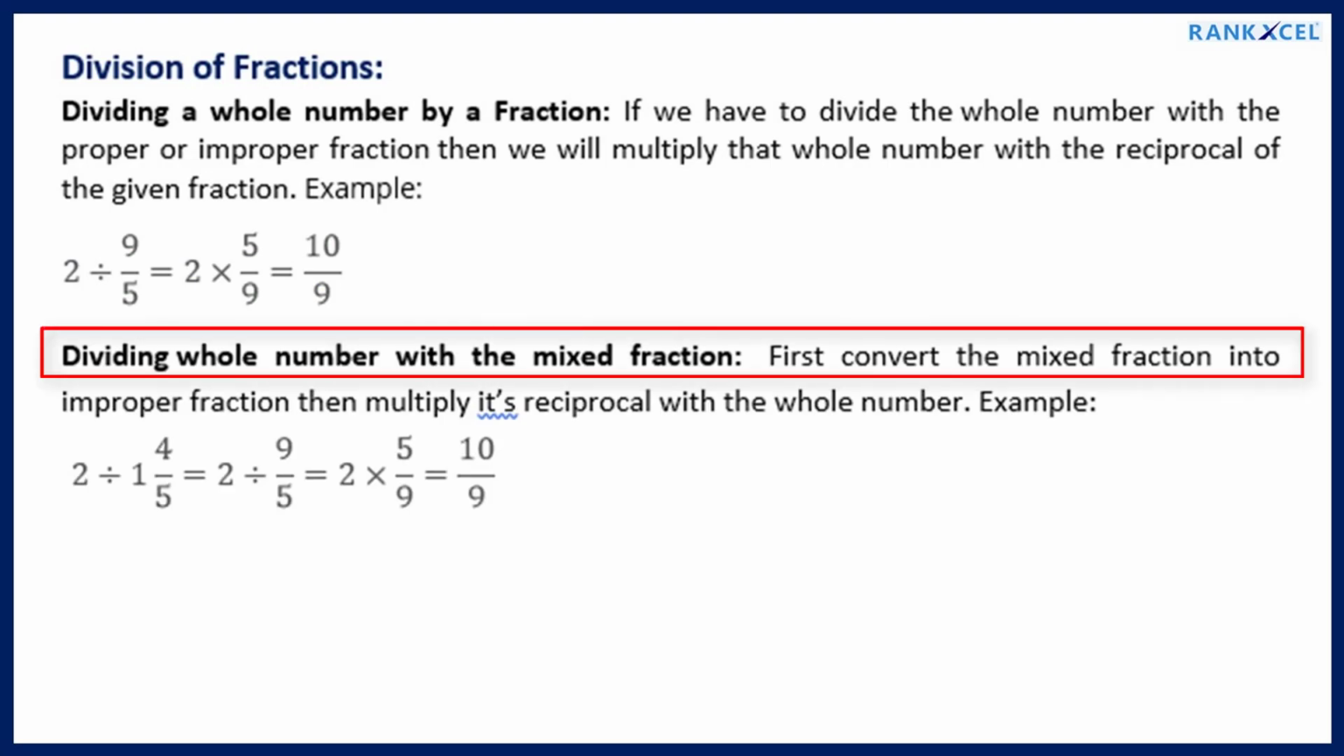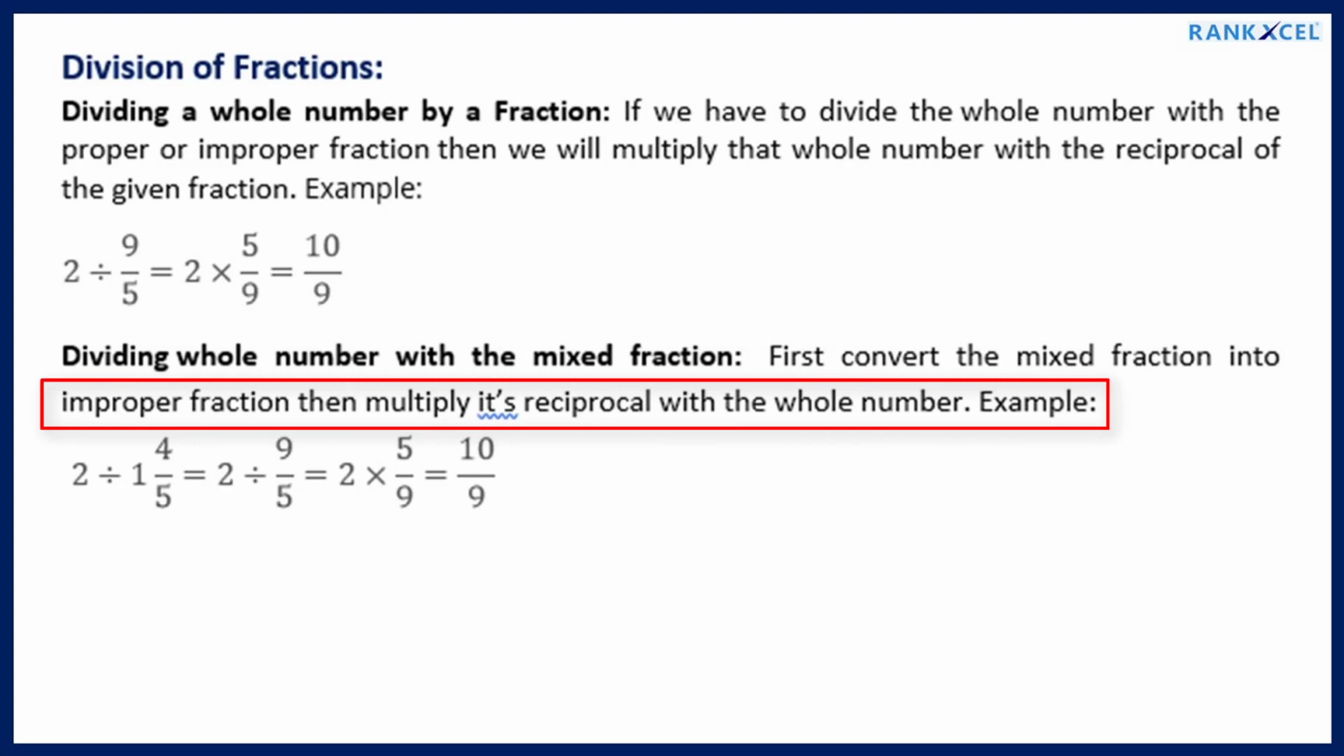Dividing a whole number with a mixed fraction. First convert the mixed fraction into an improper fraction and multiply its reciprocal with the whole number. Example: